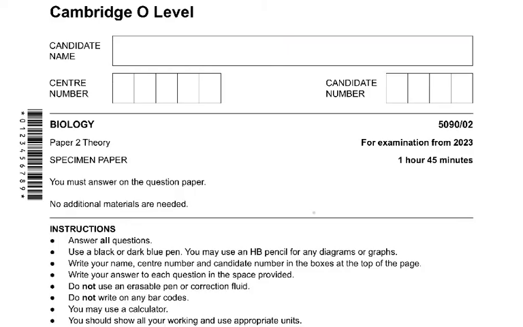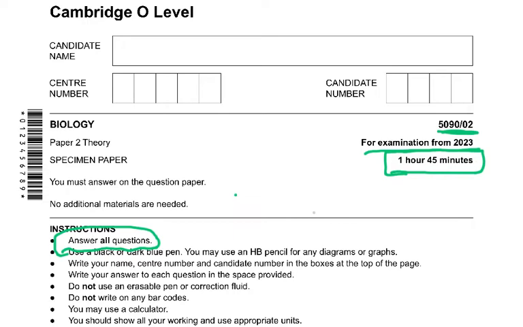Now looking at Paper 2, the important thing you've got to see in the 2023 syllabus is that for examination from 2023, the timing has remained the same, 1 hour 45 minutes. But something important is that you have to answer all questions. Previously there used to be a Section A, Section B and a Section C. Now there are no choices and there are no Section Cs. You have to do the entire paper and there are no choices. So this is the difference in 2023.